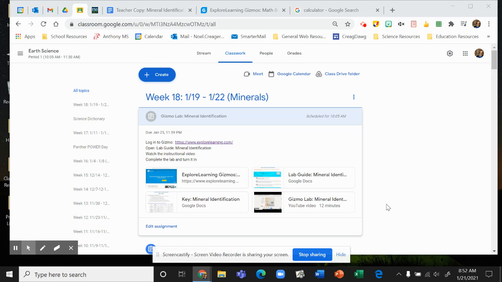Good morning, guys. Today I'm going to walk you through the procedure for using the Gizmo Lab minerals. I'm going to start with this in Google Classroom in the assignment called Gizmo Lab Mineral Identification. Following the steps of the login here, log into Gizmo